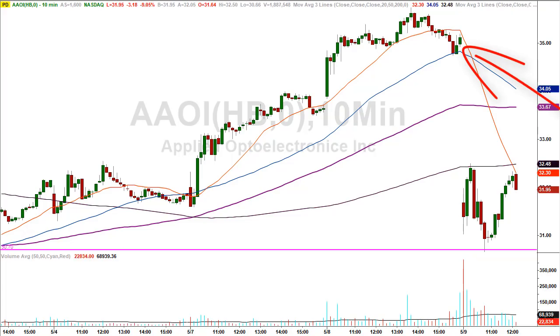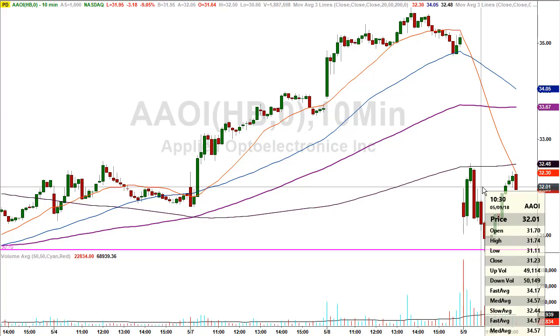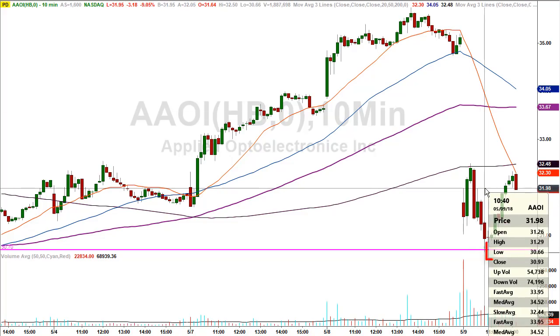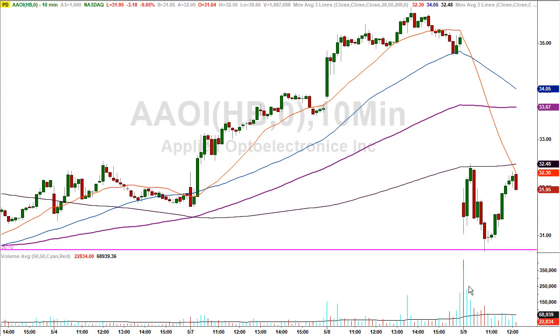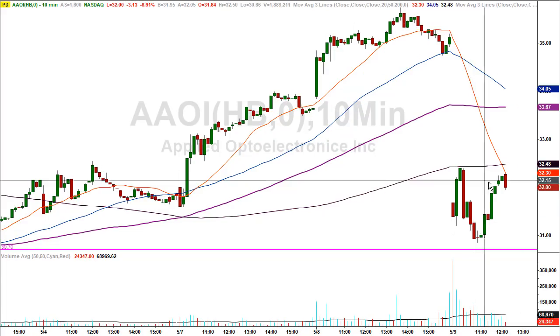The stock was getting hit pretty good at the open. We came up with the highest probability support area was $30.70. That's represented by the horizontal line running across the screen. As you can see, the low of the day happened to be $30.66. The stock found support, took a rocket ride off that level, and went as high so far today, all the way up to